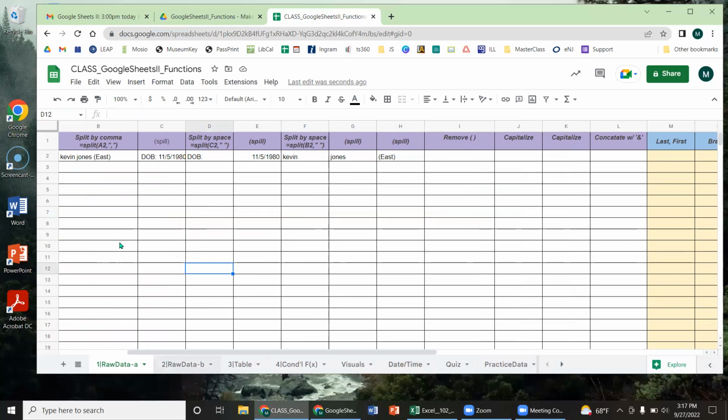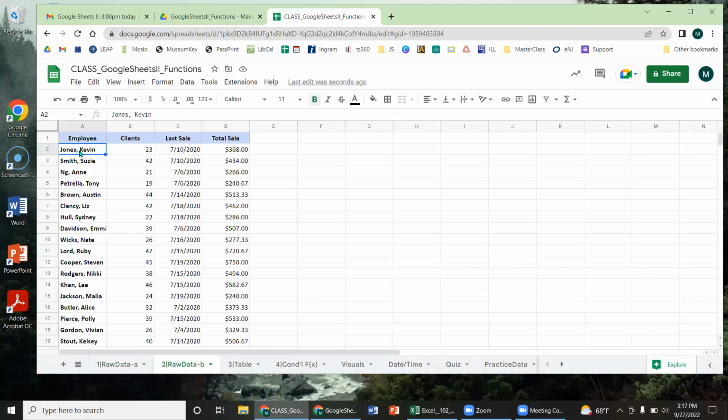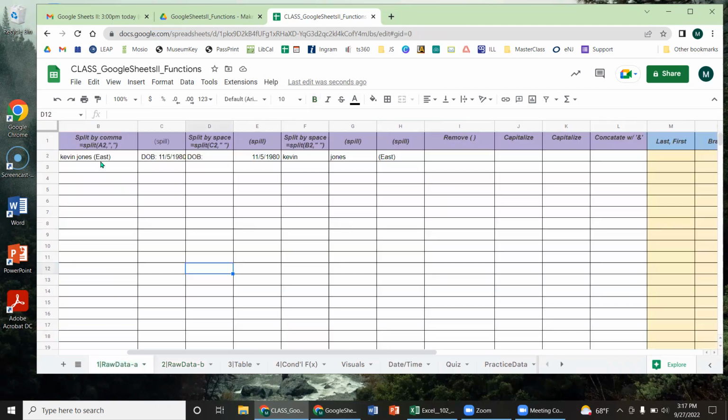On table 2, this is the kind of data set that we have. So we have Jones, comma, Kevin, so we want to have the same thing so that in the end, we can match the two. So we can have an exact match and take this Jones, Kevin data and link it to this Jones, Kevin data. Because when we use data, we have to use exact matches and things like that. So in this case,